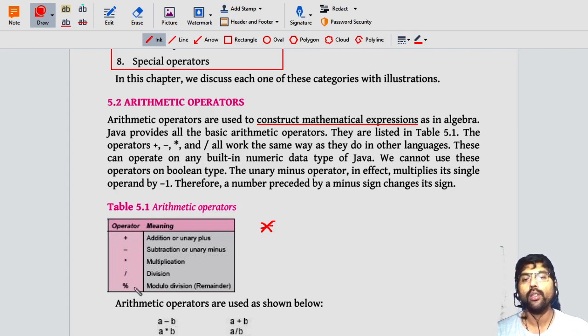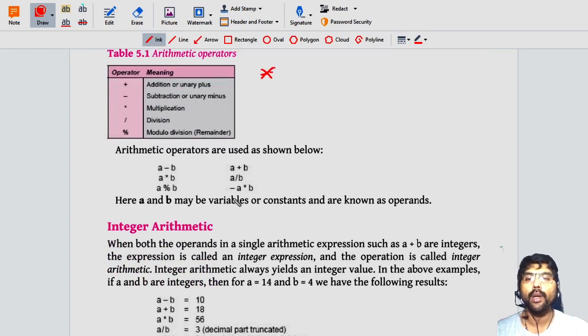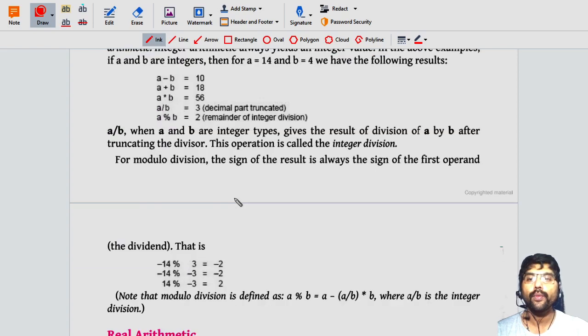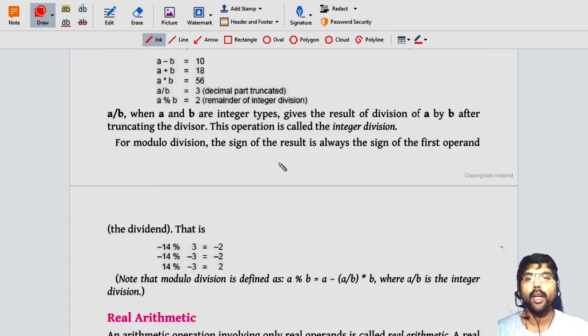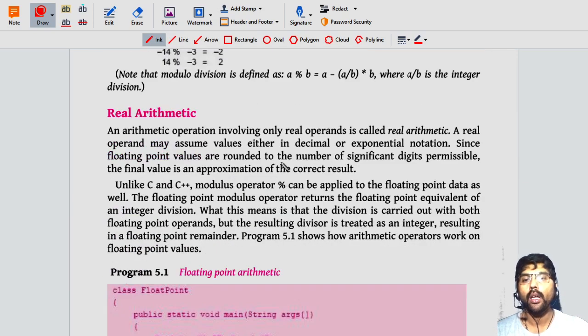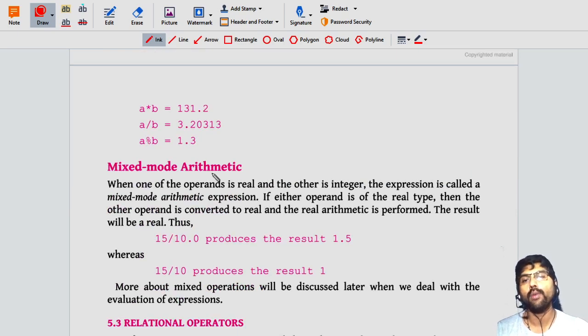Then modulus division, which is the integer modulus division operator. Now these are the arithmetic operators. I have already explained how to use these operators with integer data, real data, as well as mixed mode, real and integer combinations.